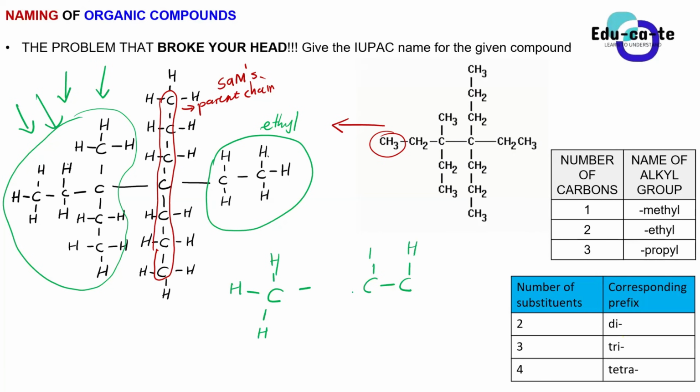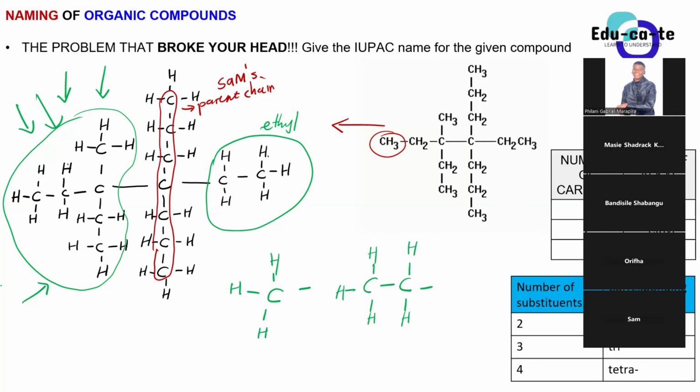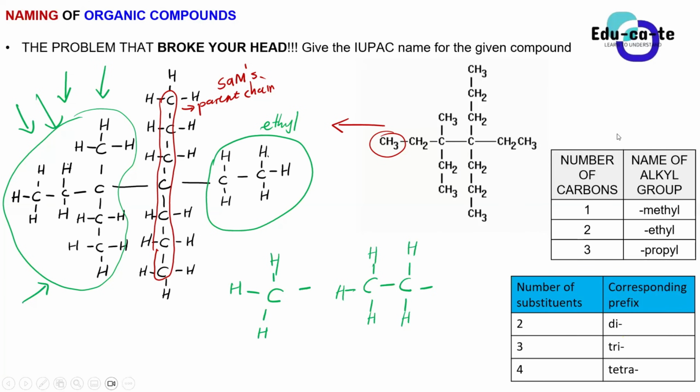So this whole complex thing, if you're gonna name it separately, it's already wrong, because each and every substituent has got its own name. So you cannot name them separately. You're not allowed to name them separately, then combine them later. Are we clear, guys? Yes, we are crystal clear. Are you clear, Sam, when I say that you are not allowed to name this separately?